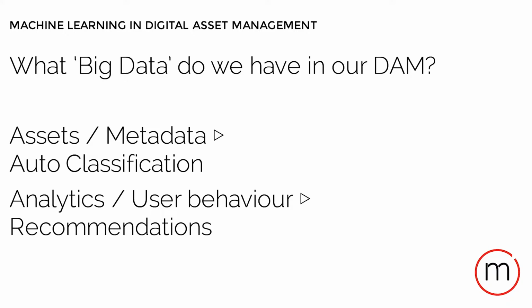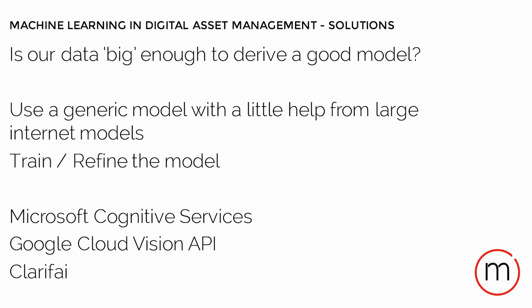Next to the assets that I've said that we want to use to auto-classify something, there's also analytics. There's user behavior on the DAM, users clicking around, downloading stuff that we might use to recommend downloads to other users. We'll also see that it's not nearly going to be enough in a DAM to be able to do something. You need Netflix scale analytics to be able to give the right recommendations.